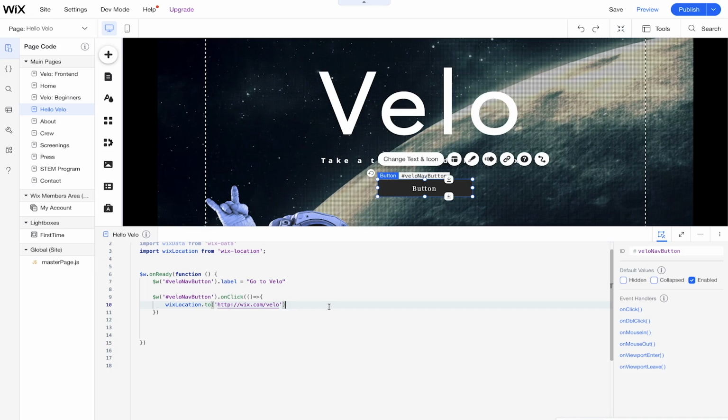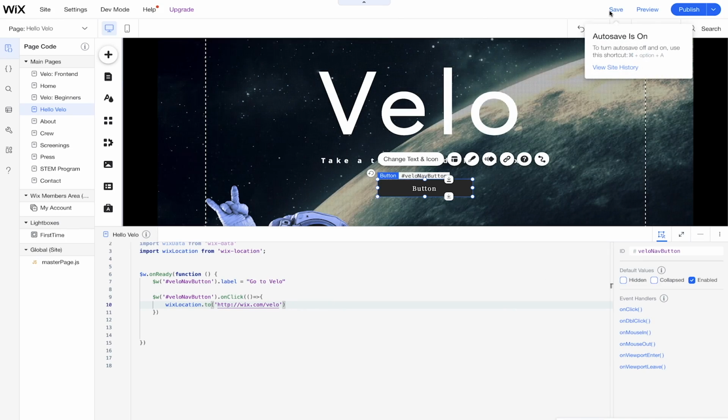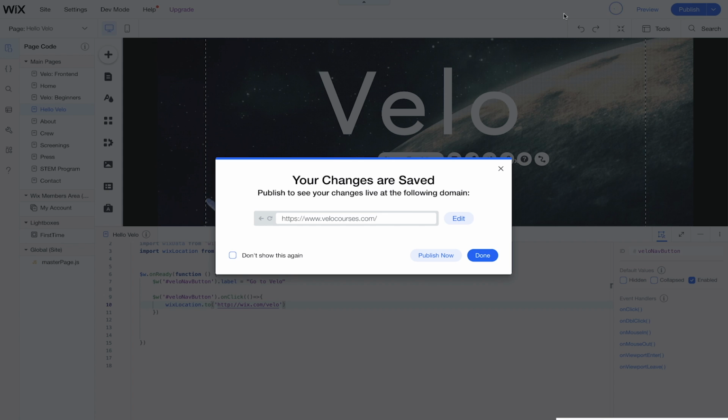So now that my Wix location is here, ready to go, I have my onClick for my nav button, Wix location is inside of it, it's in my onReady function, and my button label is going to change. We have to go check this out. But something different about Wix location: it operates in a published version of your site, right? We try to keep you within the editor and make sure everything is running smoothly, but we're going to check out our published version of the site. So first, we're going to save.